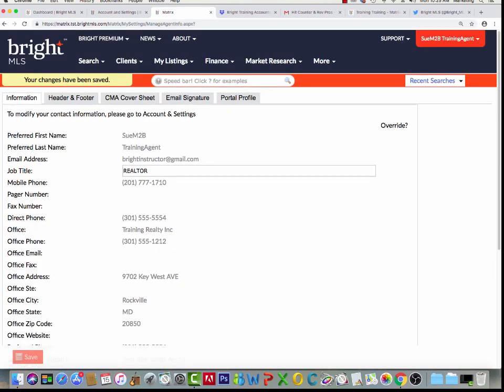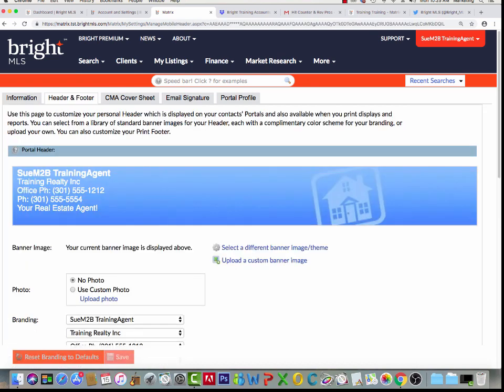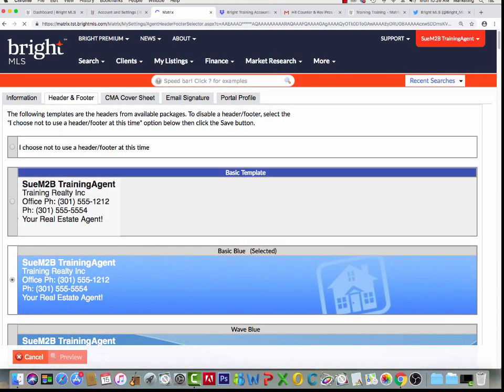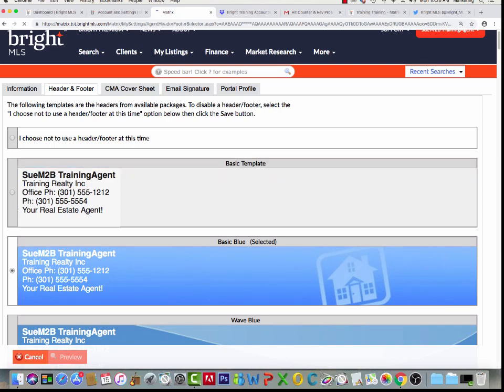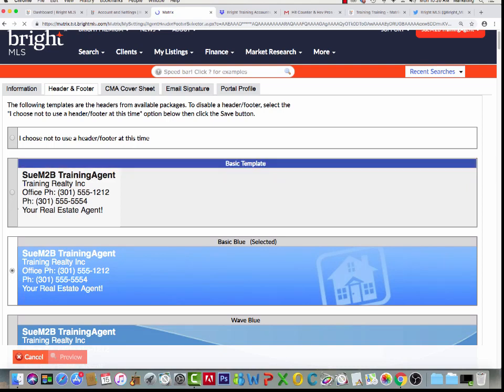Everything you just added will be available for you to select in the Header and Footer, CMA Cover Sheet, Email Signature, and Portal Profile tabs. Let's continue to Header and Footer. To begin selecting the header and footer, you're going to click Select a different banner image theme. This will take you to select anything from choosing not to use the header and footer, a very basic template,